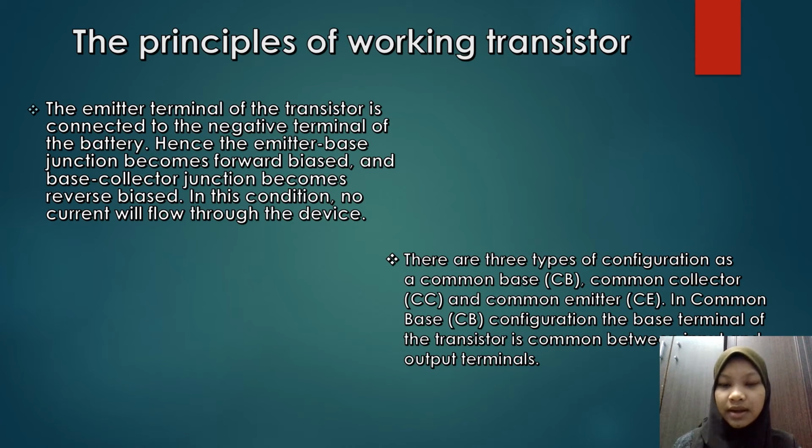Seterusnya, there are three types of configuration as a common base CB, common collector CC, and common emitter CE. In common base CB configuration, the base terminal of the transistor is common between two output terminals. Seterusnya,